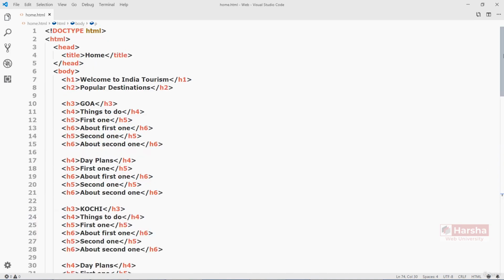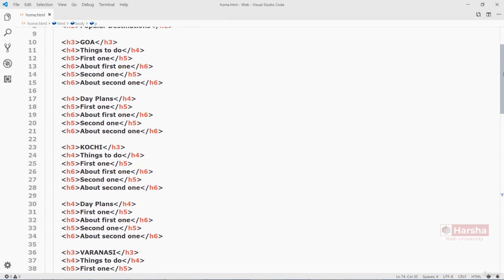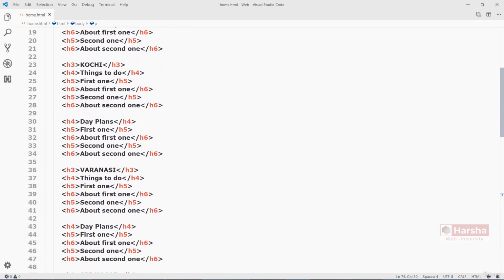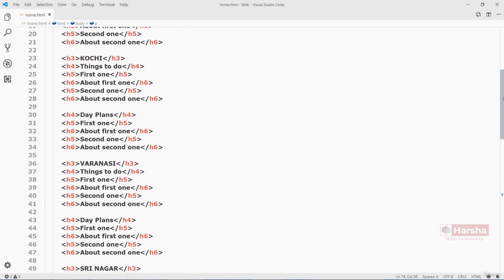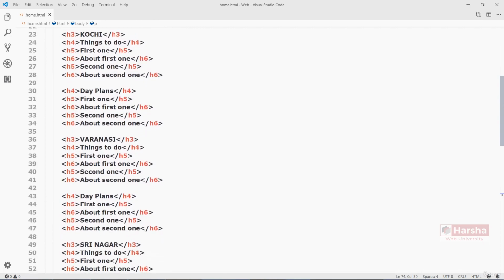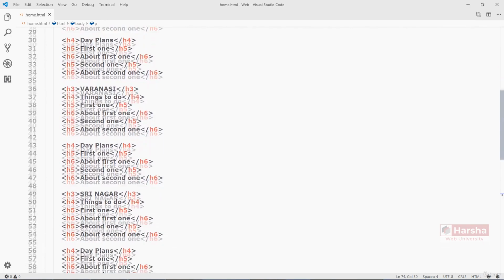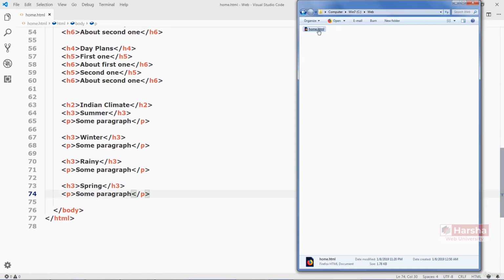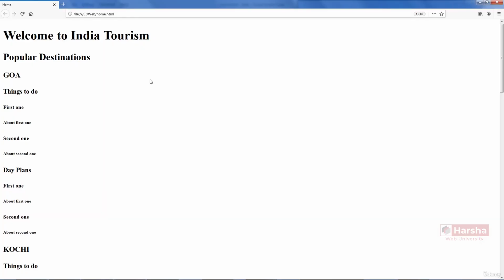So these are the headings and paragraphs what we have created in this document. So we have fully utilized all levels of headings and paragraphs in this document. Now double click on the HTML file. So you can see all headings. Suppose Welcome to India Tourism is heading 1, Popular Destinations is heading 2, Goa is heading 3,